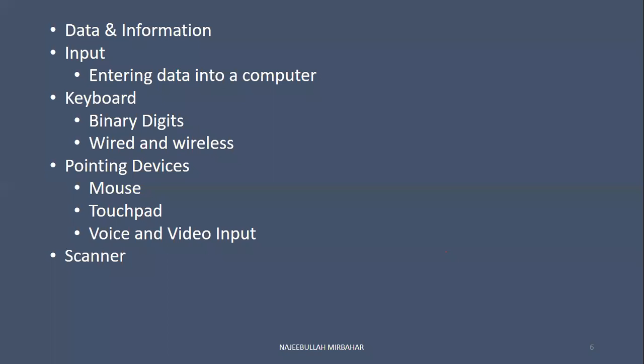We see raw facts and figures is called data. Data doesn't convey a meaning to the user, while processed data that conveys something meaningful to a user is called information. Example of data and information could be